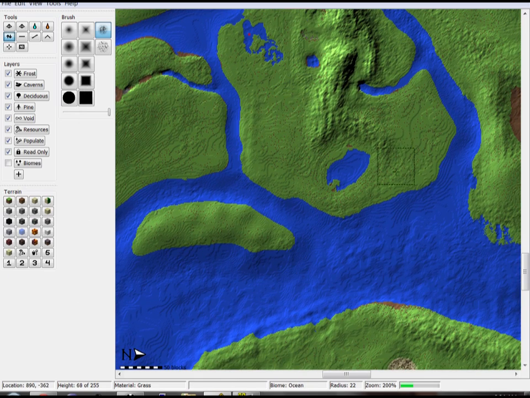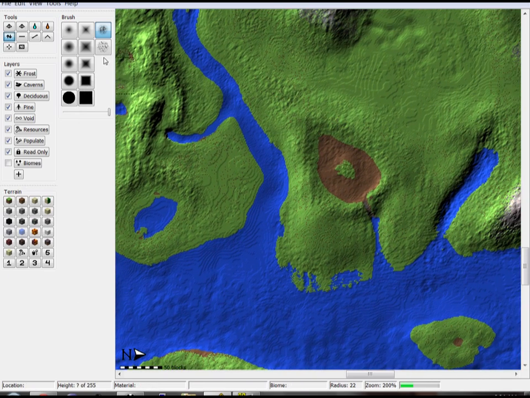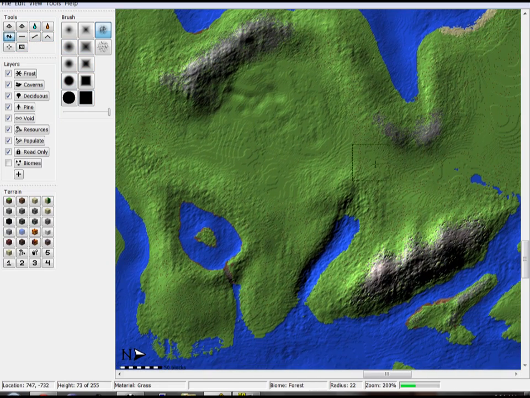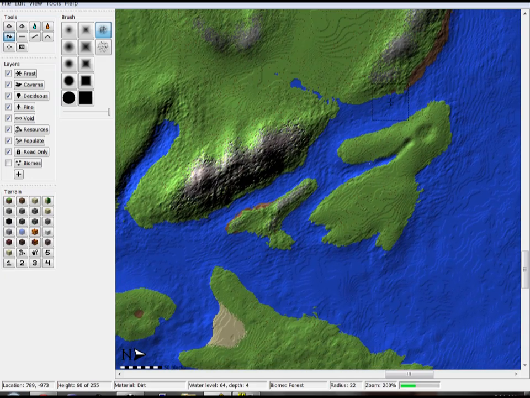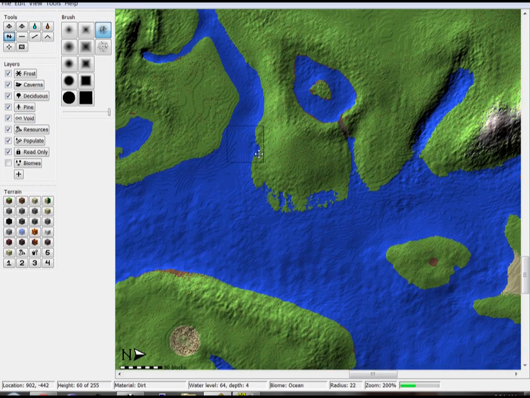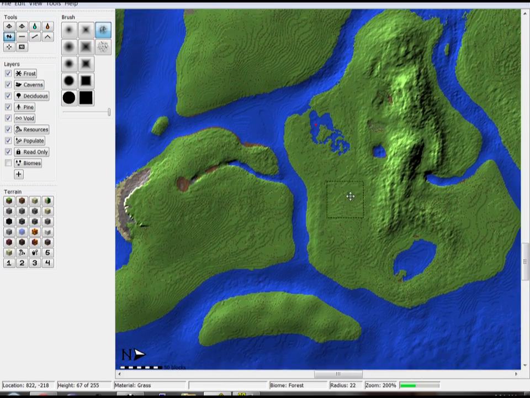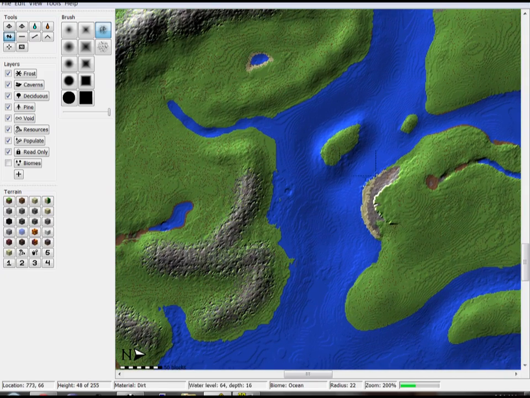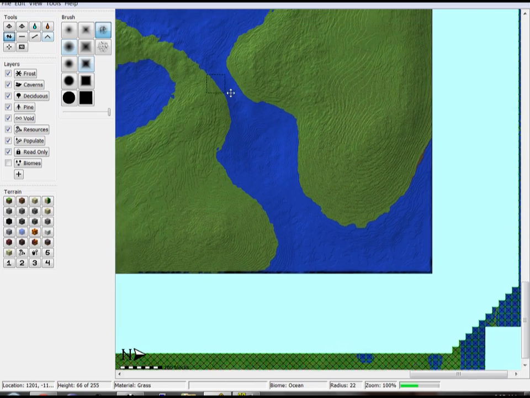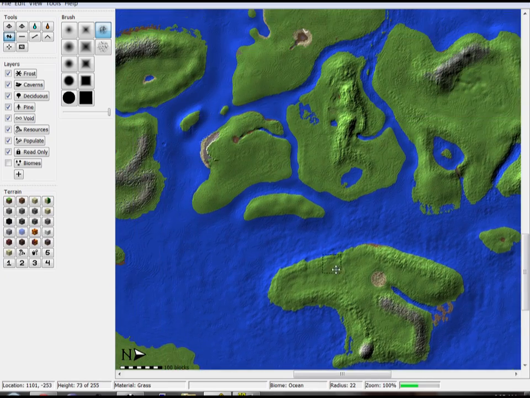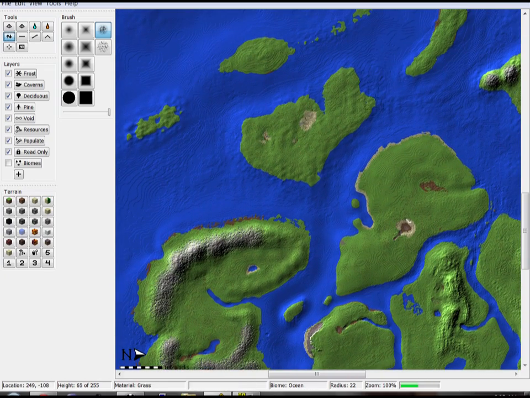This here's the world I'm making right now, and I have a lot of detail on it, and it'd be a lot to start explaining. So I'm just going to quickly show you, see, little mountain ranges here. There's a lot of cool stuff I have in this world, and I am going to show you this world. But for now, I'm going to start a new world, because I think it'd be a lot easier to do that. But just to give you a general scope of this, this is a lot of detail work